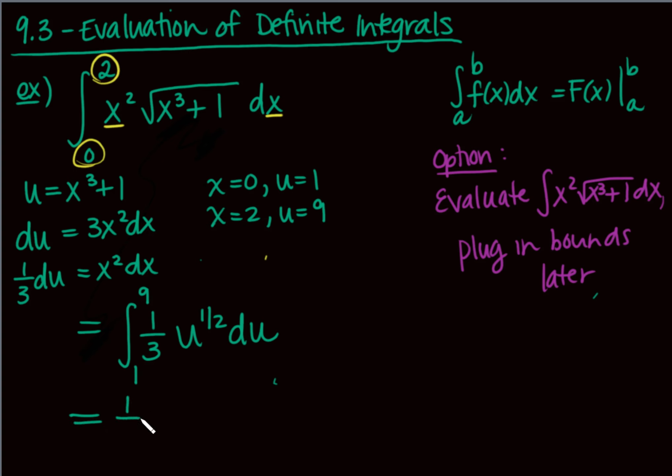So now I take the antiderivative, so I have 1/3 u to the 1/2, that's going to be 2/3 u to the 3/2, and I'm going to evaluate this from 1 to 9. Okay, so again, because I changed my bounds, I don't have to bring my x back in. So when you do these definite integrals with u substitution, this x cubed plus 1 does not come back in,